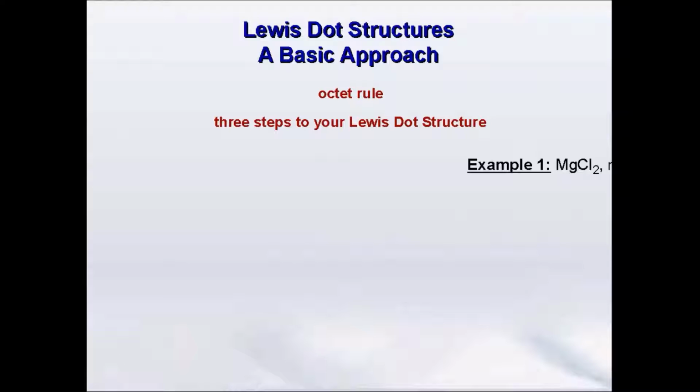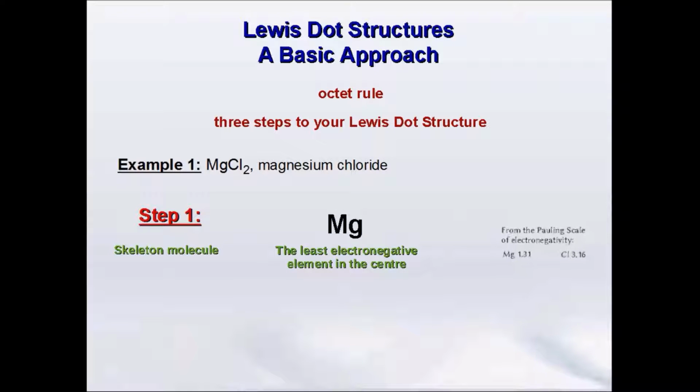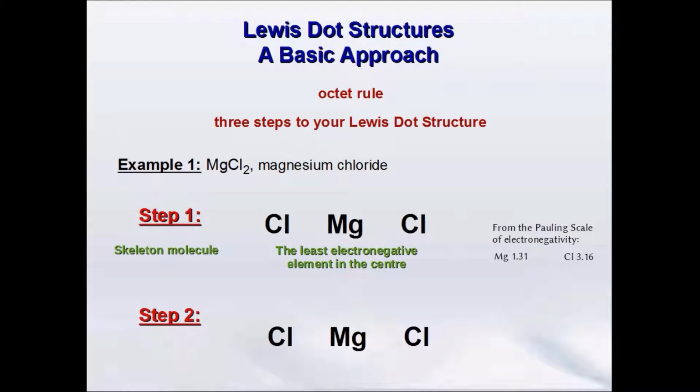I will explain here the 3 steps with an ionic compound, magnesium chloride, and give other examples. In the first step we draw the skeleton molecule using all the atoms of the sum formula. The least electronegative element, here magnesium, is put in the center. We flank it with the 2 chlorine atoms and can go over to the second step, where we assign the